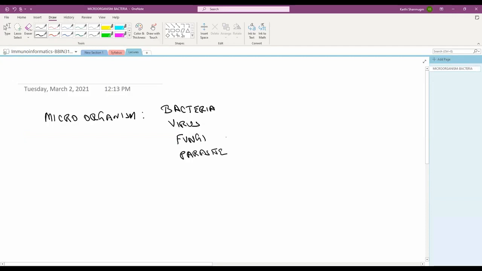Any of these, okay. So not all bacteria, not all viruses, not all fungi, not all parasites can do harm. Some of the bacteria, some of the viruses, some of the fungi, some of the parasites can really cause some serious harmful effect for the host or the human system, or we can say they can cause some kind of